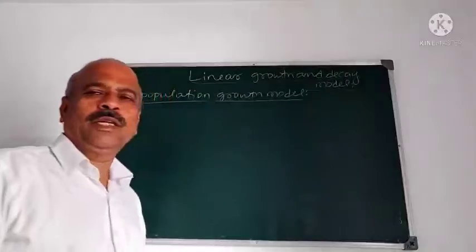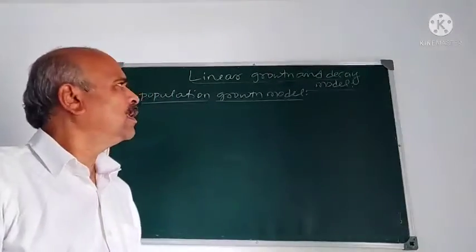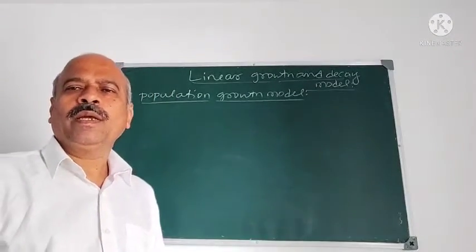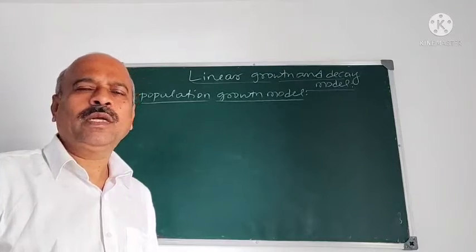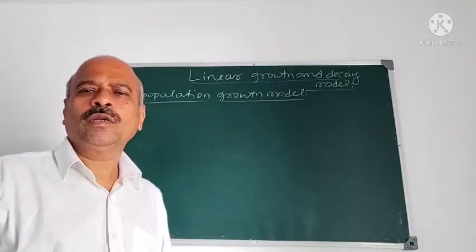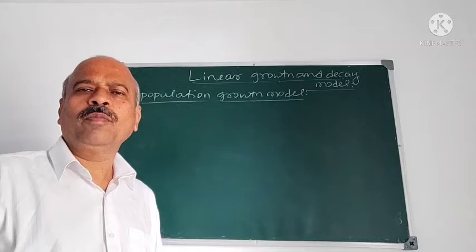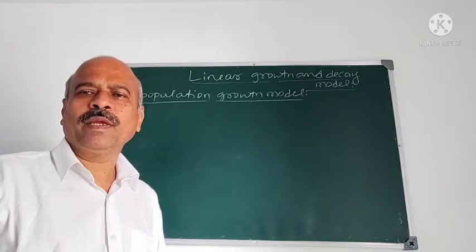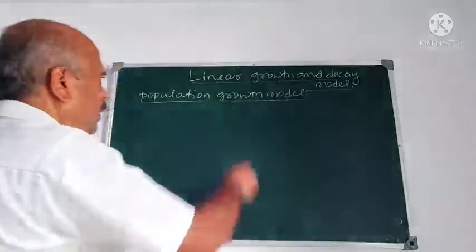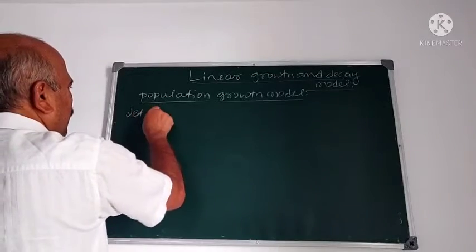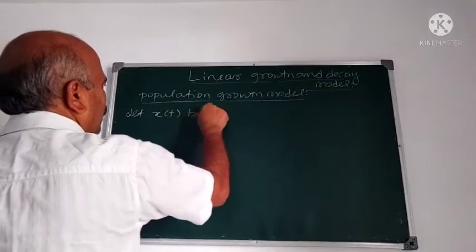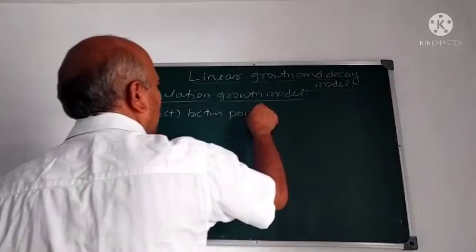I will explain what this linear growth and decay model is, how this model is derived, and how it is used to calculate the population at any given time. Now we start with this. Let x(t) be the population